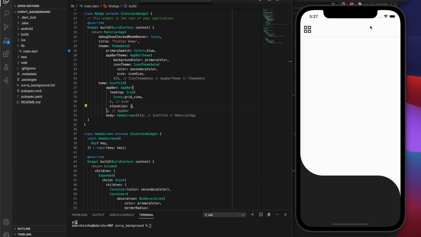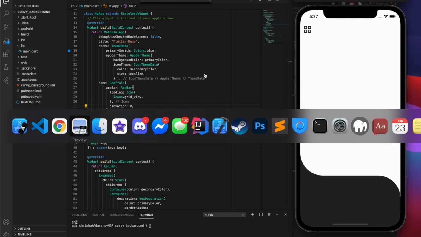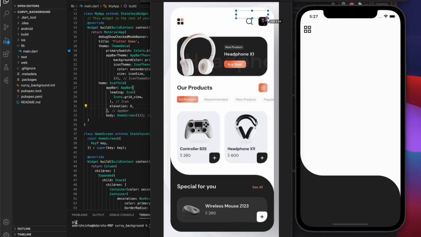It's basically a border. And so I'm going to put it at 0 because we want it to look seamless, and there we go. Beautiful. Now the next thing we want to work on is the trailing or ending part of the app bar, which